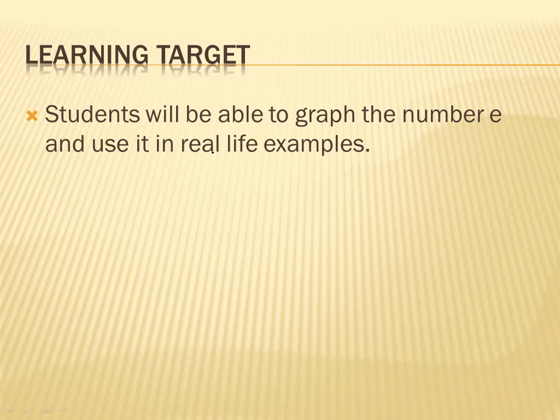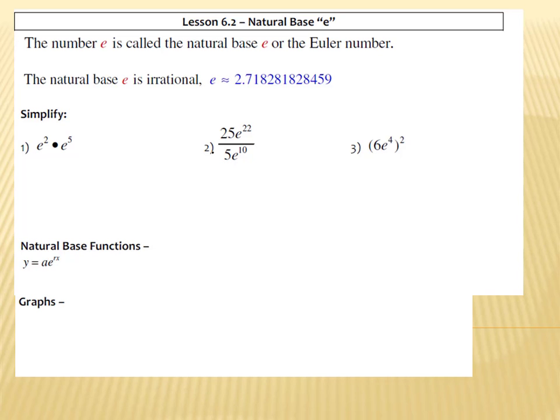So our learning target is that students will be able to graph the number e, although it looks like a letter, it's a number, and use it in real life examples. So let's talk about what the number e is. We call it a natural base e. Okay? The number e is called a Euler number, and that's because Euler is the person who developed this irrational